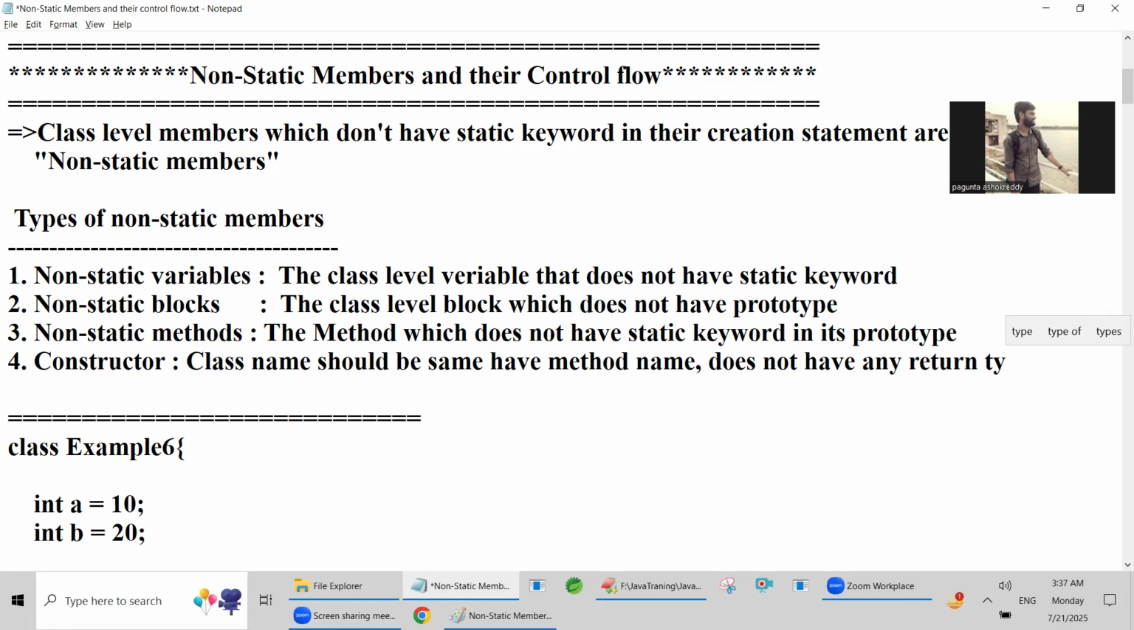Does not have any return type. But what is the use of constructor? What is the use of non-static method? What is the use of non-static variable? Already I told, variable is used to only